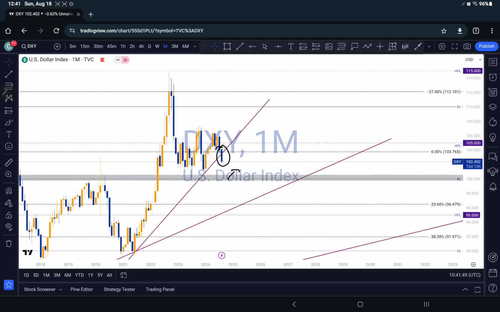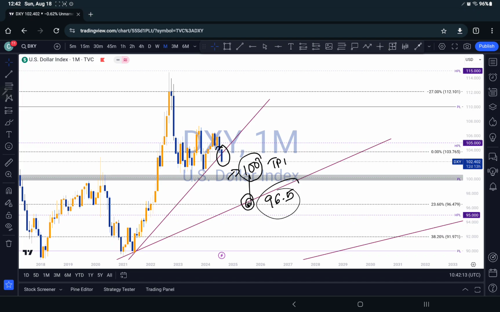So at least around 100, right? That's the first TP area, right? And the second TP area will be around this trend line right here, which is around 96.5, around that area right here. Like I said, this is a monthly time frame, so we have to be a little bit patient,